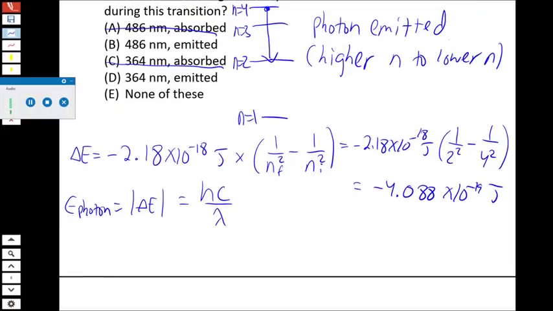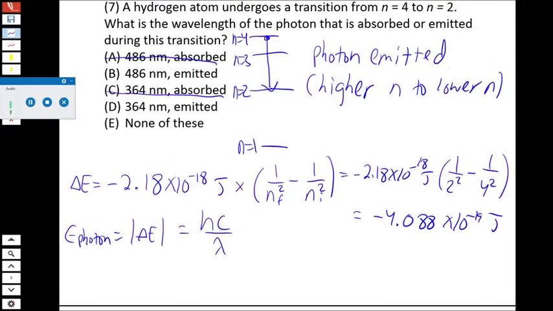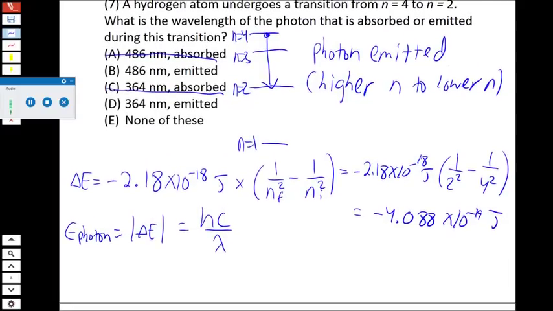All right, so we're going to use this equation. The energy of the photon is just the absolute value of the difference in energy, and that's going to be equal to hc over lambda, which is one of those photon equations that we reviewed last time in the first part of the review. So typically these Bohr transition problems involve 2 steps. There's the Bohr equation, and then there's going to be one of our